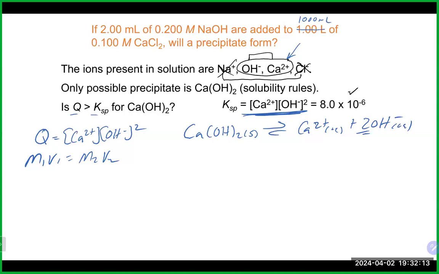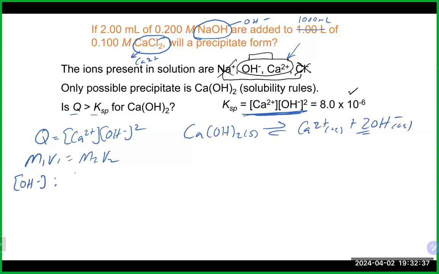You could go to liters on both. It doesn't really matter. So obviously here our sodium hydroxide is the source of my hydroxide in this mixture, and my calcium chloride is the source of the calcium in this mixture. That means that the concentration of hydroxide here would be